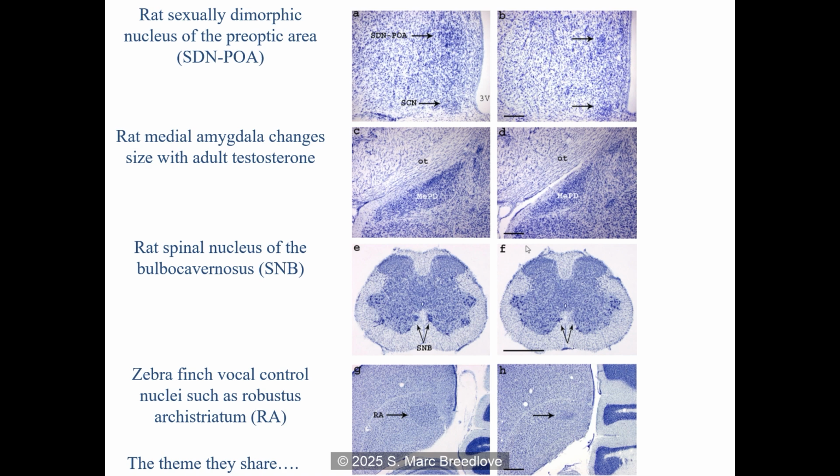I'll just say one more thing. We will talk about sex differences in the human brain, but let me point out that just because there's a sex difference in the human brain, that doesn't mean that hormones had anything to do with it. Show me a sex difference in the adult human brain, and I don't know if it got there because of testosterone early in life, or because boys and girls are treated so differently that it caused their brains to develop differently. As neuroscientists, we know that's very important, and it'll be the main theme of what we talk about in the last quarter of this class.